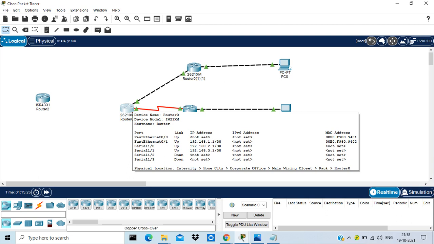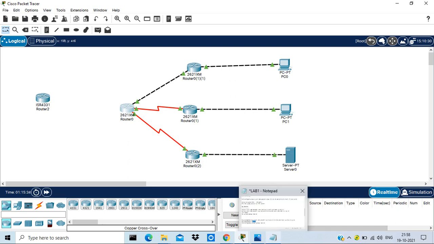So that's why I have enabled it in AC1 by 0 only. I have not enabled it in FA 0 by 1 or any other interface. So I'm copying this.